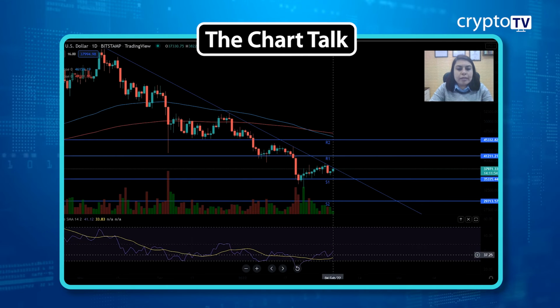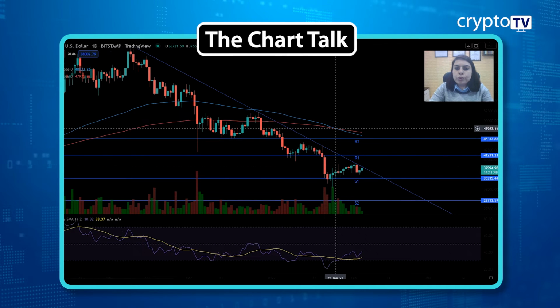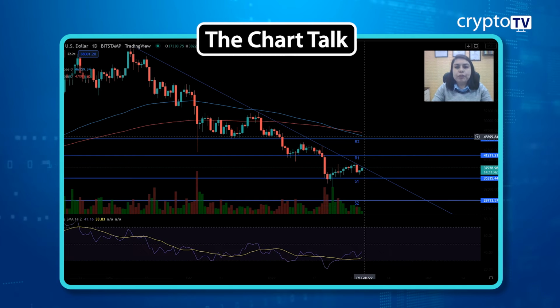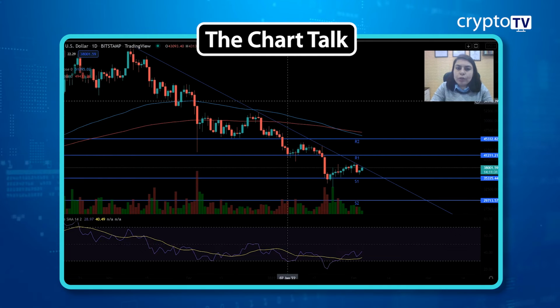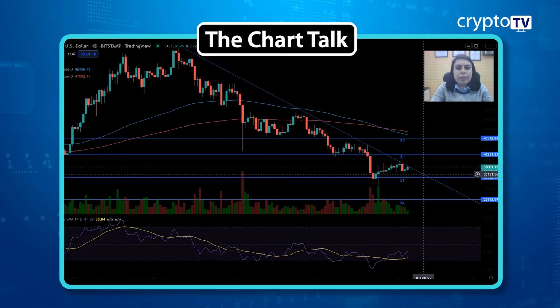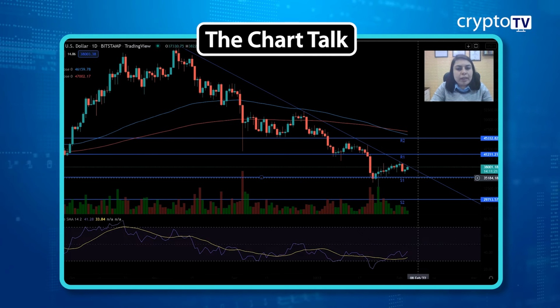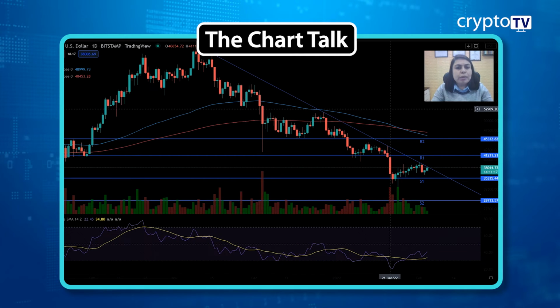Also, if you look at the RSI, it has now started going up. We can also see the moving averages here. Recently we got a crossover, but we are still not getting a good difference between these two moving average lines. That also tells us that the trading activity is not much in this particular cryptocurrency. This is how you can look at the technical outlook, and the price is trading very nicely between support 1 and resistance 1. From the past many days, we can see this movement only. We have not seen much movement from the chart of Bitcoin.